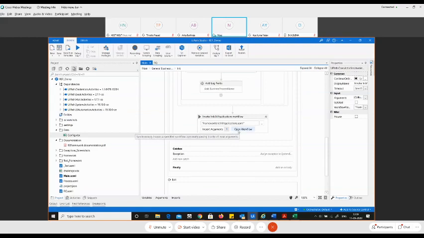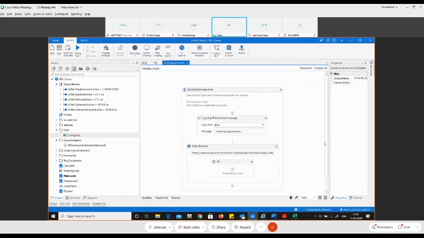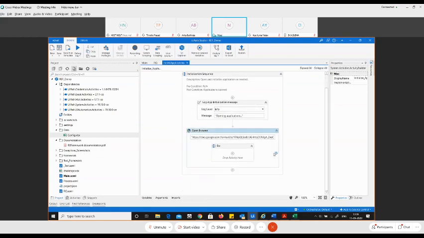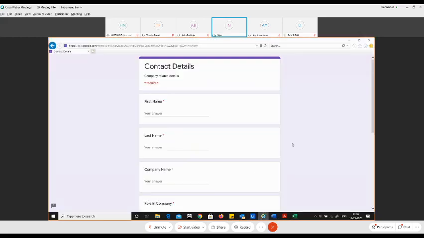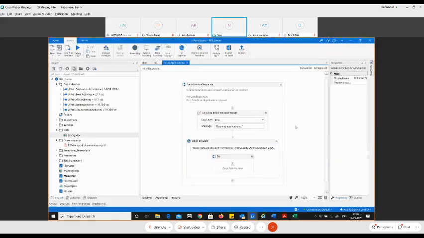Now let's come to init all application. Over here, if you see carefully, I'm using an open browser activity, in which I am opening this website, that is this form. If I do this in the get transaction state, then for each and every queue record, it will open up the website every time.